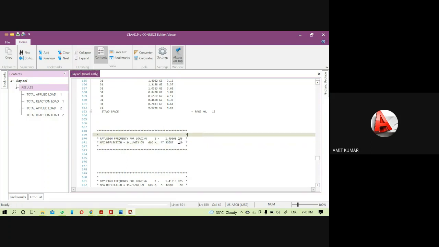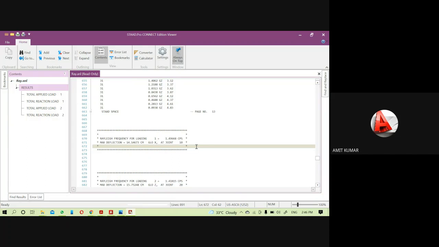Okay, and through this frequency you can even calculate the time period also. It is inversely proportional, that's why to calculate the time period it will be 1 divided by 1.49.